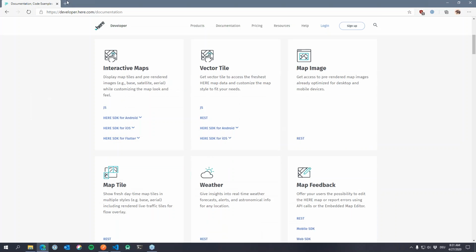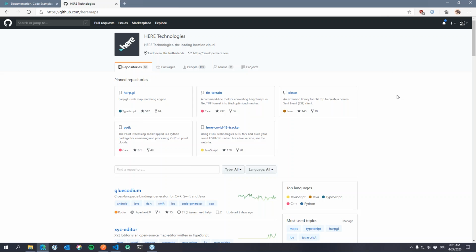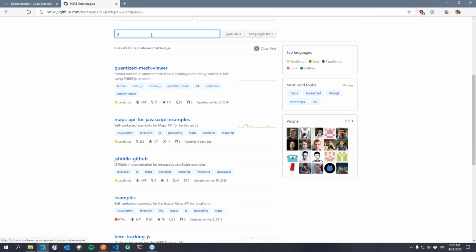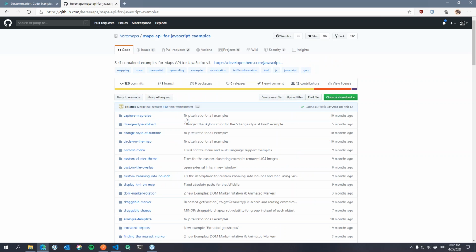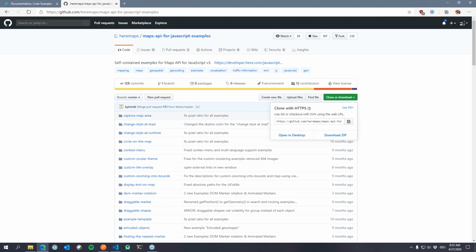But let's go to the web SDK. And a great way to start with both the JavaScript web SDK and the Android SDK is to go to our GitHub, github.com/heremaps. And if you type in, for example, JavaScript or Android SDK or something, you'll get these really nice collections of examples. And in fact, let's just go real quick, copy this,